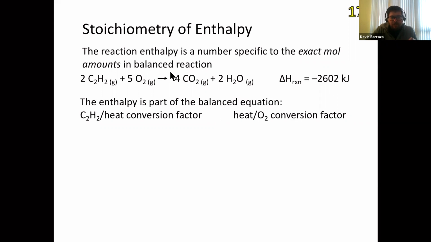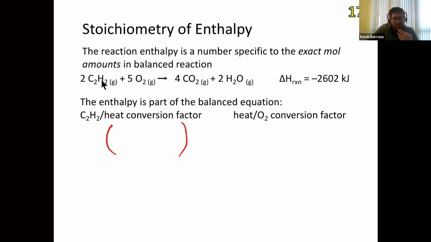We can always use the coefficients to connect two chemicals, but we can also use the coefficients to connect to the amount of heat being used. And so that means we can use the enthalpy value as a conversion factor for heat changes. And to demonstrate that, we can do what is the conversion factor between the molecule C2H2 and the heat. So according to this reaction enthalpy, for every 2 moles of fuel that I burn,